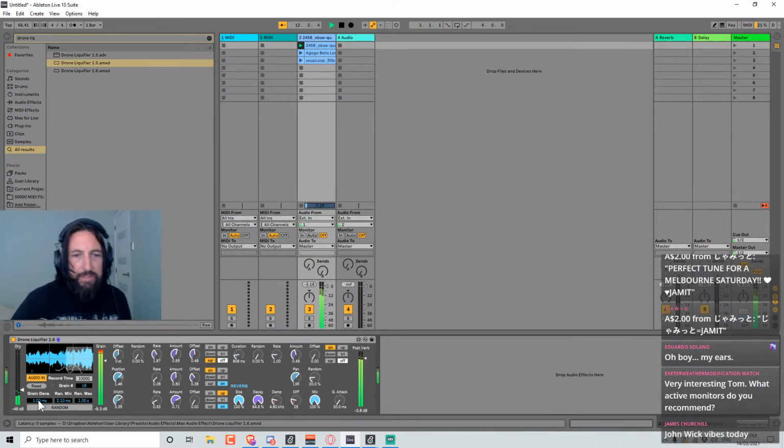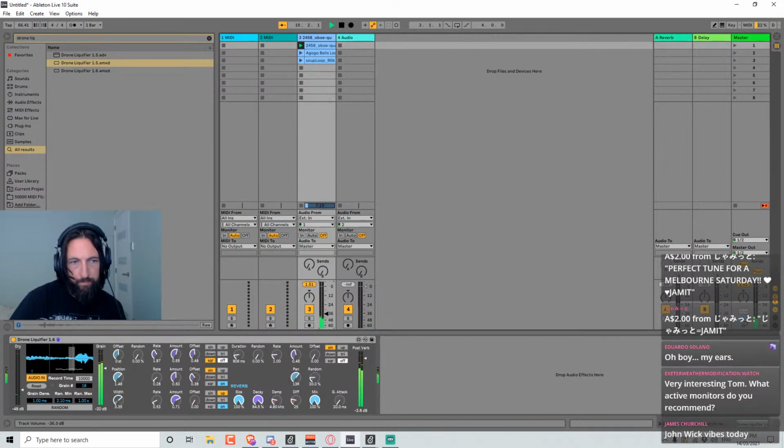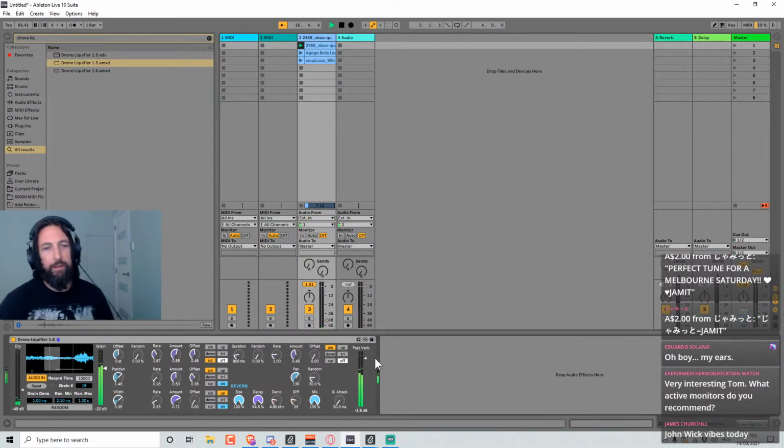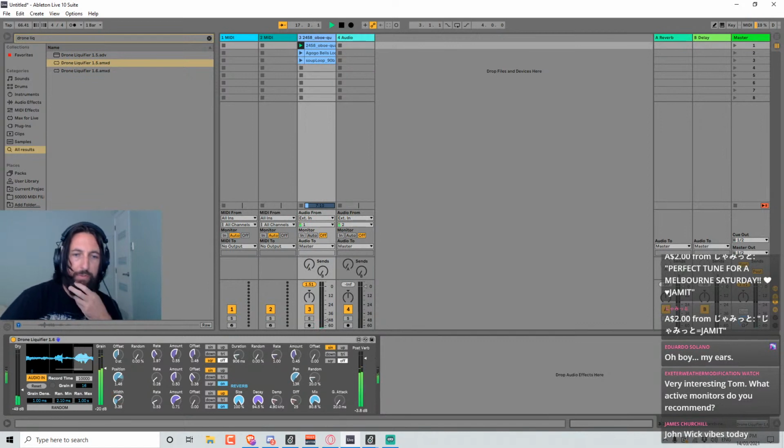So this is a bit of a mess at the moment. Okay, let's bring that down. We have a dry fader, we have a grain fader, and we have a post-verb fader, and we have a mix on the reverb. So that's, yeah, that's not good. So let's tidy that up a bit.